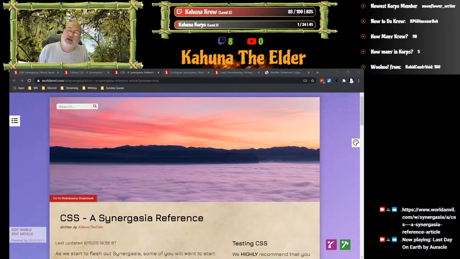So on the link that I just posted, you can find some of the tips and tricks to use to modify your region. The key to this is the features that we are using are guild member features. If you want to use this on your own world in World Anvil, you need to be a guild member. There's no two ways about it. Now, Bob and I are both guild members, and because we created Synergasia, then you guys have access. Because we created the world as guild members, you guys have access to all the tools.